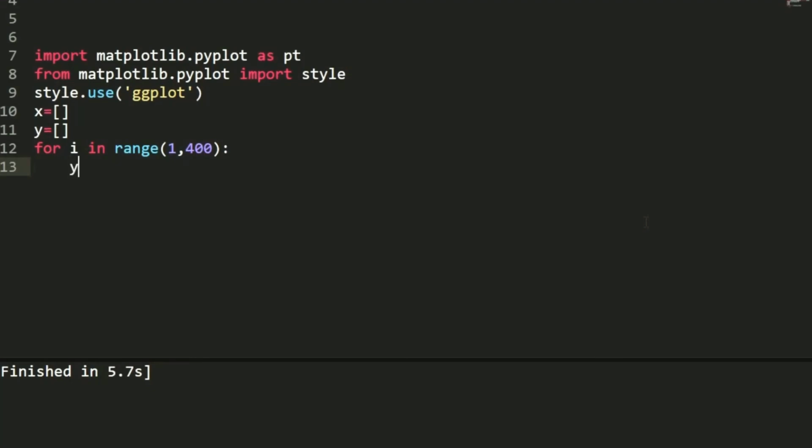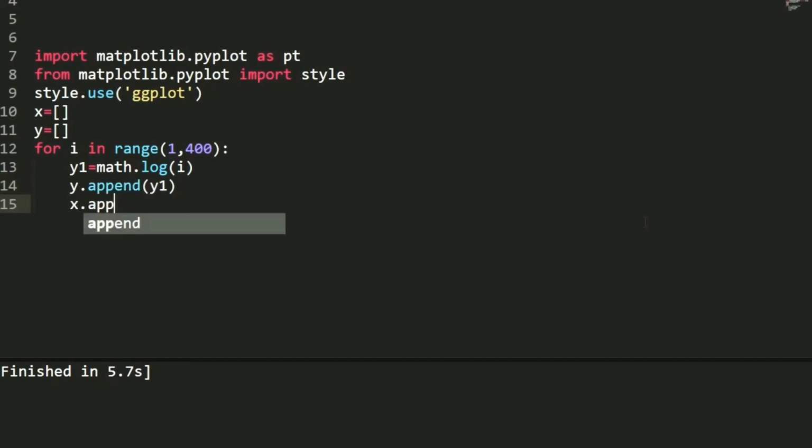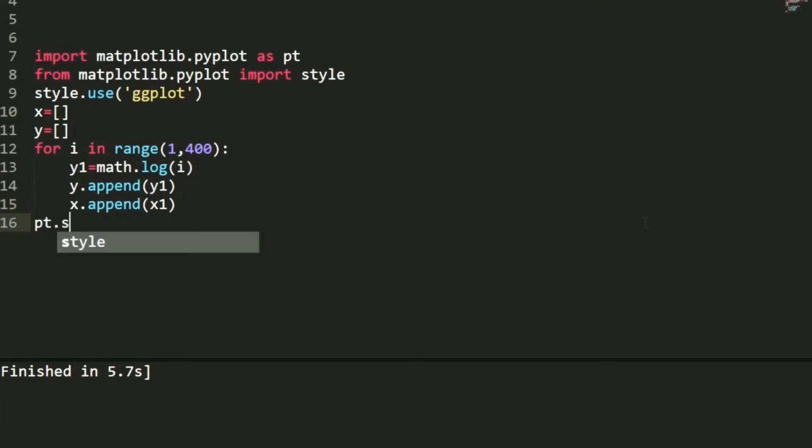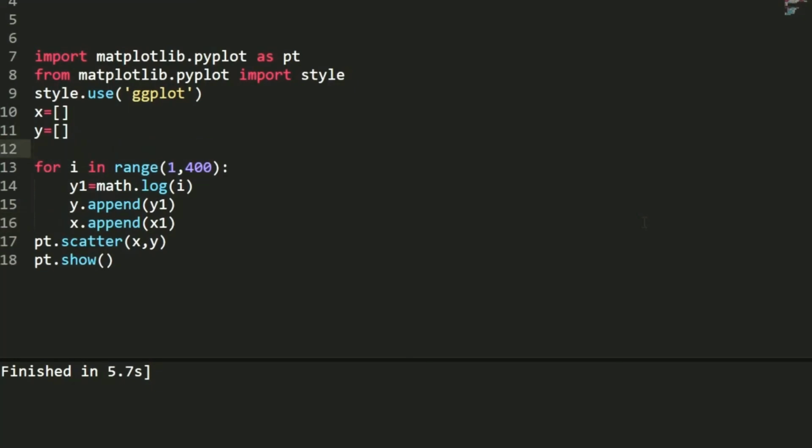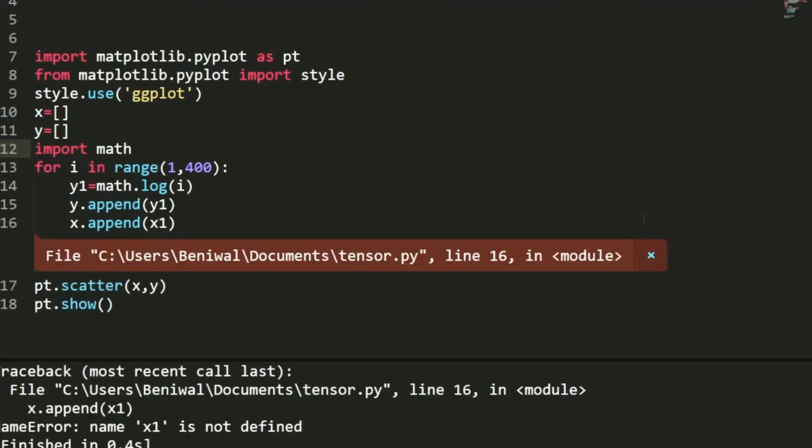So y1 is math.log of i, and again y.append(y1), x.append(x1), this way. And now we need to scatter all of these, so plt.scatter(x, y), and then plt.show(). And we need to import math first, so import math, save, Ctrl+S, running.